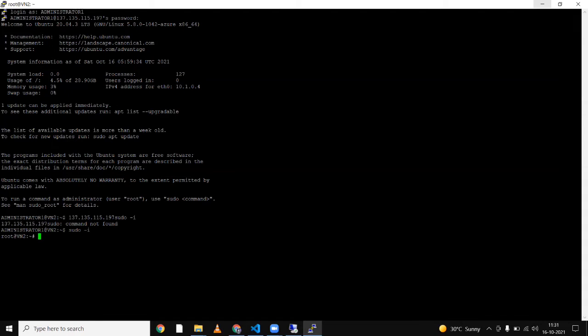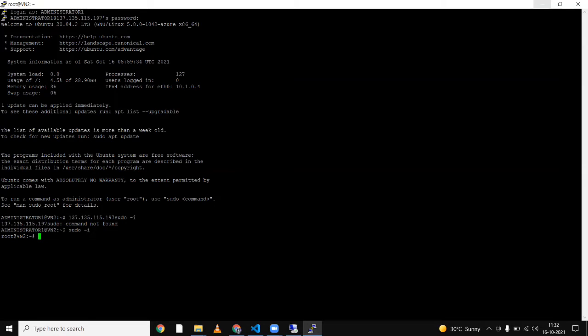Now I switched from this administrator to the root user, because for a few tasks you have to come to the root user only, and now you have to execute your commands and make all your tasks here after logging in.